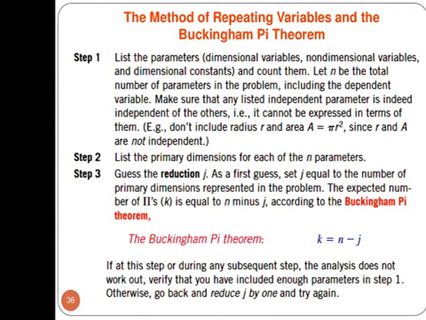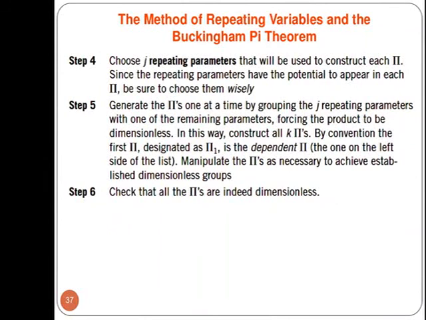Step 4. Choose repeating parameters that will be used to construct each pi. Since the repeating parameters have the potential to appear in each pi, ensure you choose them wisely. Generate the pi's one at a time by grouping the j repeating parameters with one of the remaining parameters, forcing the product to be dimensionless. In this way, construct all k pi's. By convention, the first pi, designated pi 1, is the dependent pi, the one on the left side of the list. Manipulate the pi's as necessary to achieve the established